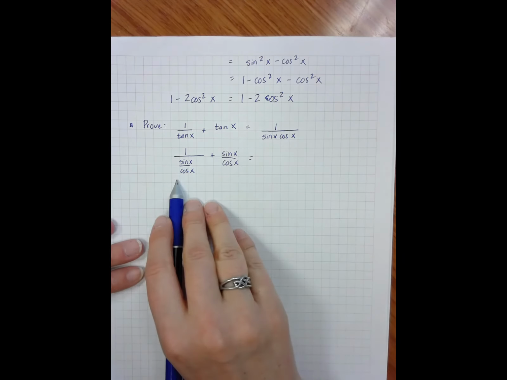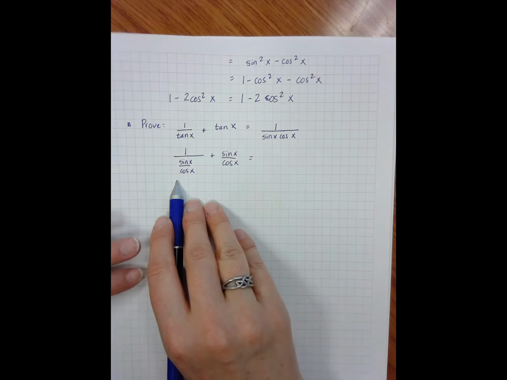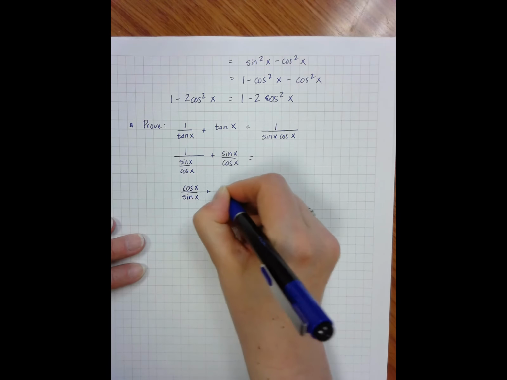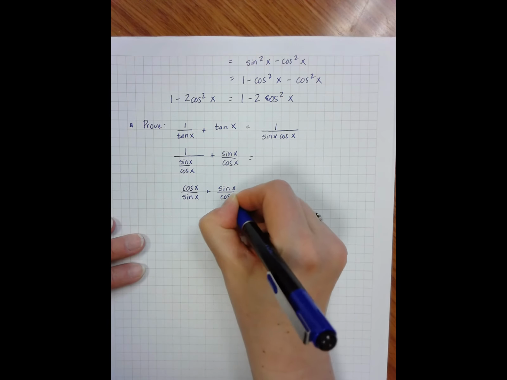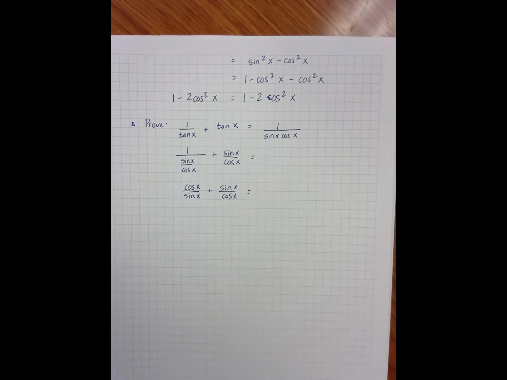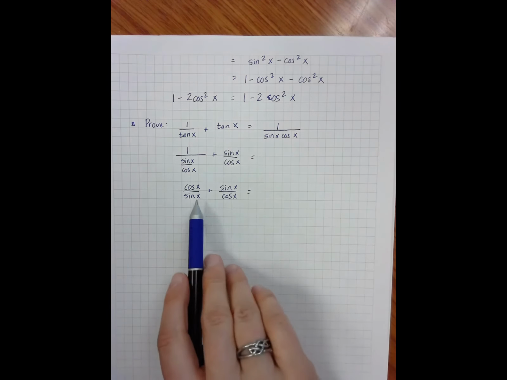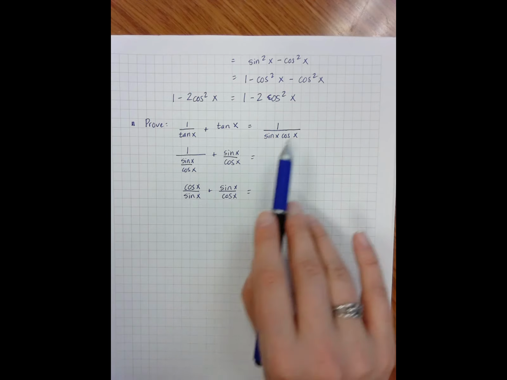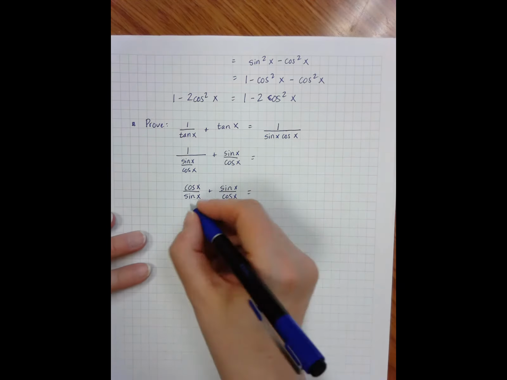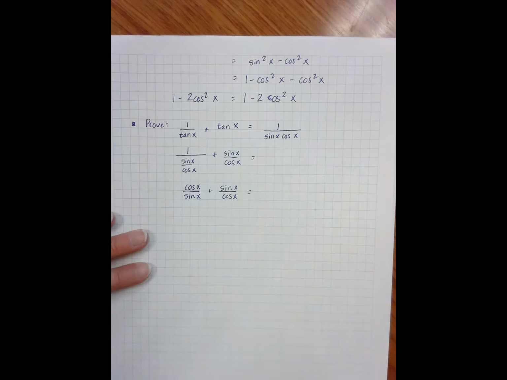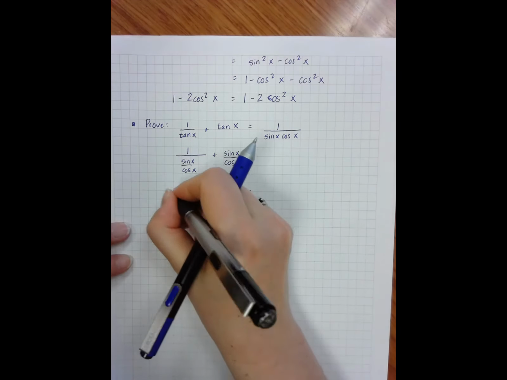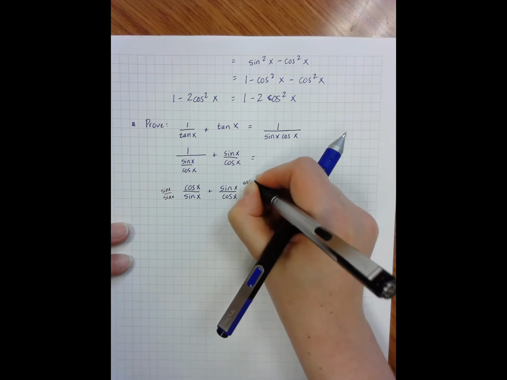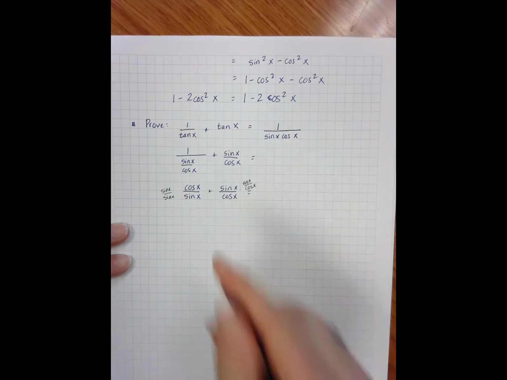I know that when I'm dividing fractions, I'm multiplying by the reciprocal. So this turns into cosine x over sine x. And this is looking more and more like what I want, and especially since if I'm going to add 2 fractions, I need a common denominator, and lo and behold, the common denominator is the denominator I want in the end. So I end up by multiplying the first fraction by sine x over sine x, and the second by cosine x over cosine x, which is going to get me,